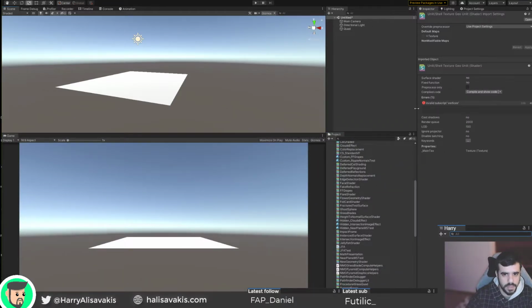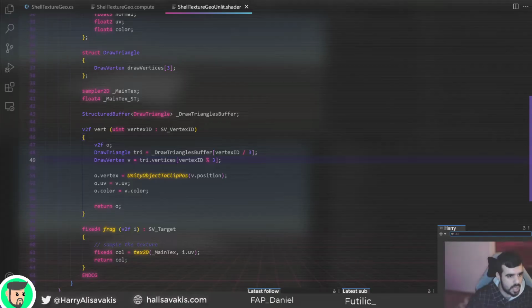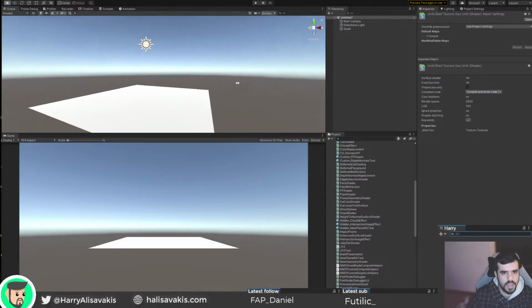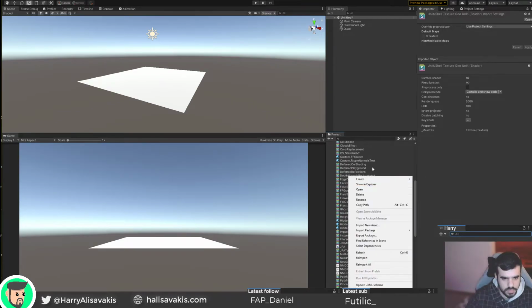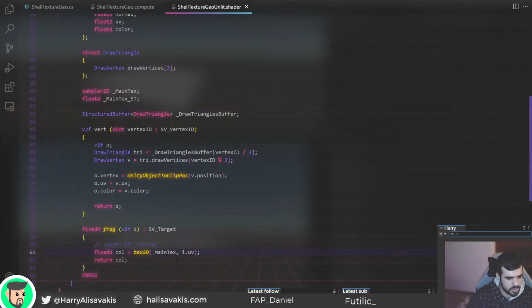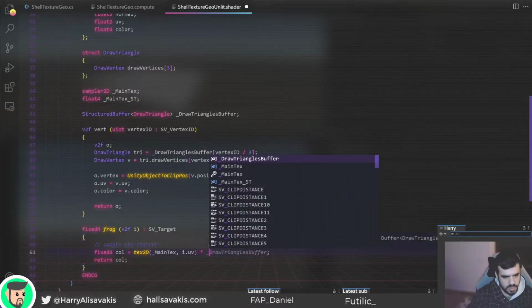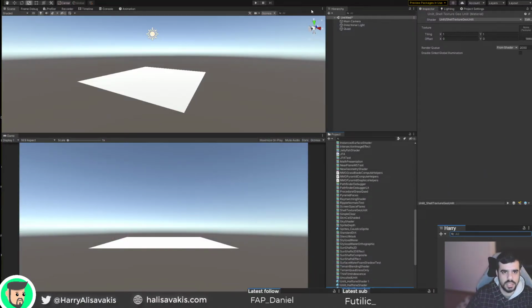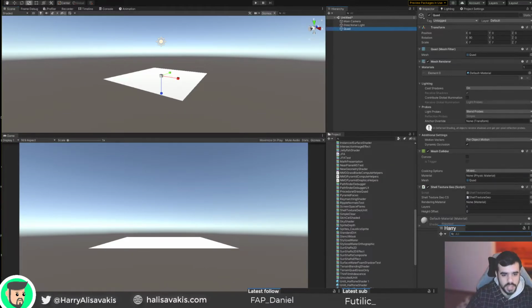Is this compiling? It does not, because these are draw vertices, they're not simple vertices. Draw vertices. I don't know why I kept that name. Okay. Oh, and just to be able to see things, I'm gonna multiply the color with the vertex colors, just so we can see things. Okay, after almost 1.5 hours of writing blindly into 3 different code files,